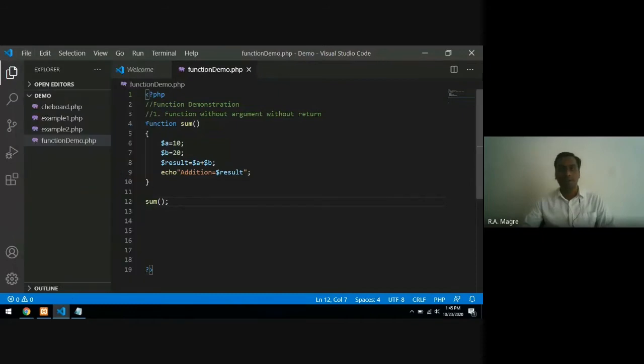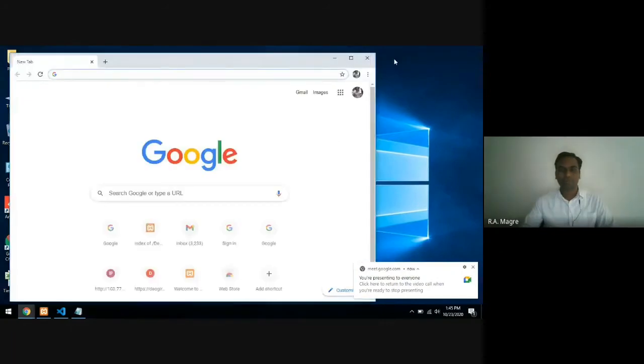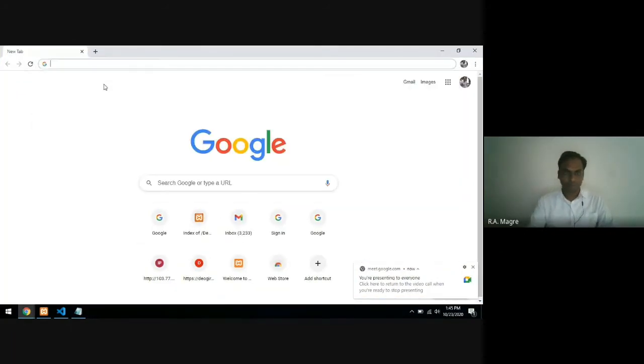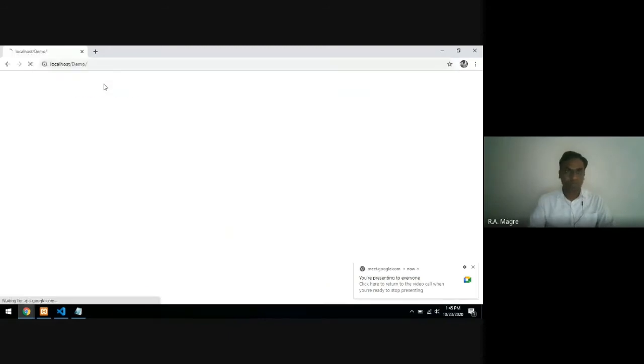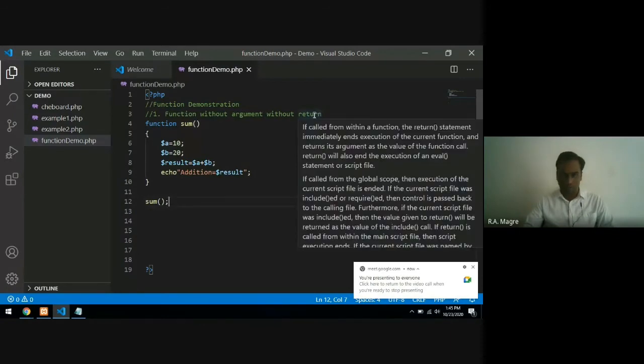So let's save it and let's reload it in browser. So you can see addition equals to 30. Now it is what? Function without argument, without return.